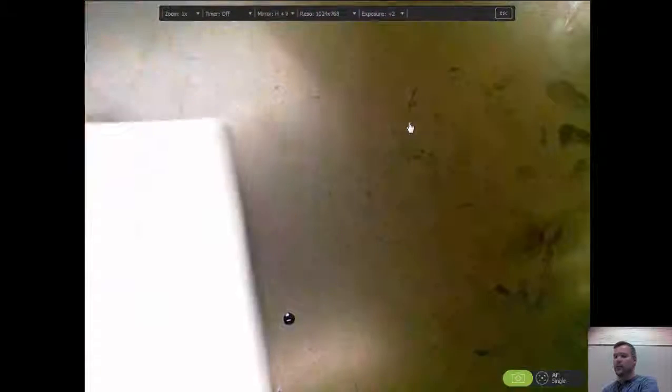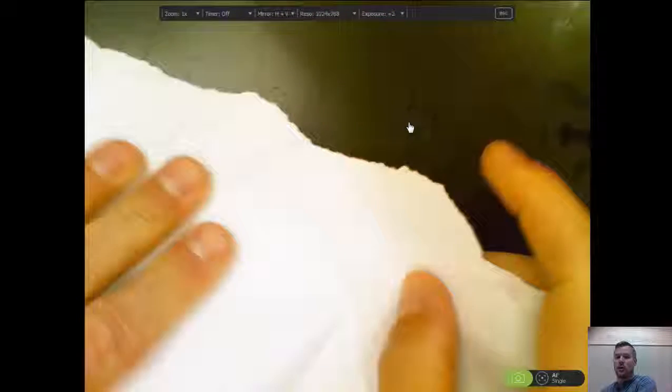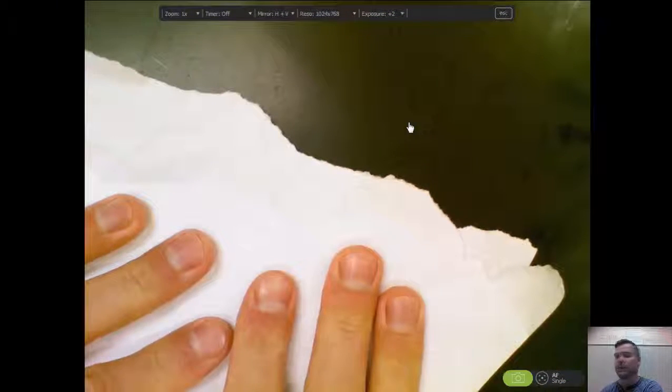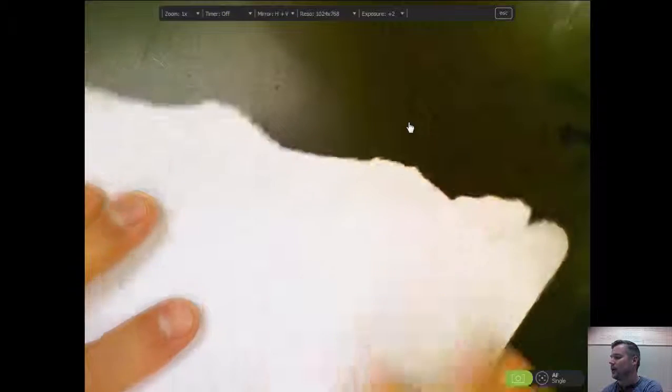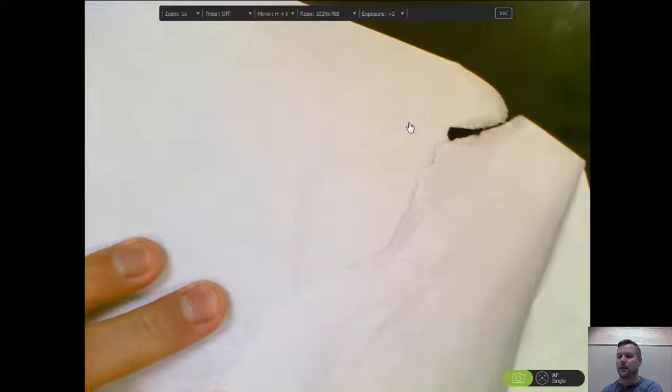Another example would be a piece of paper, just a white piece of paper. We could fold this paper, we could crumple the paper, we could tear the paper. In all cases, I still have paper. It's just that I've changed the format of that paper. It's still paper. It would be hard to put this paper back together. You can use tape to do that, but the important thing is that all this paper is still paper. We haven't done anything to change the identity of this. So this would be a physical change.